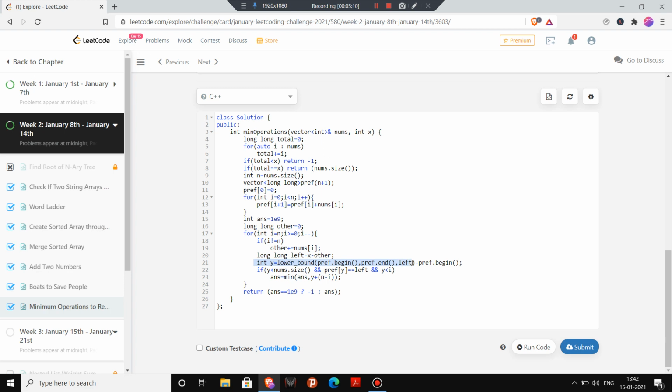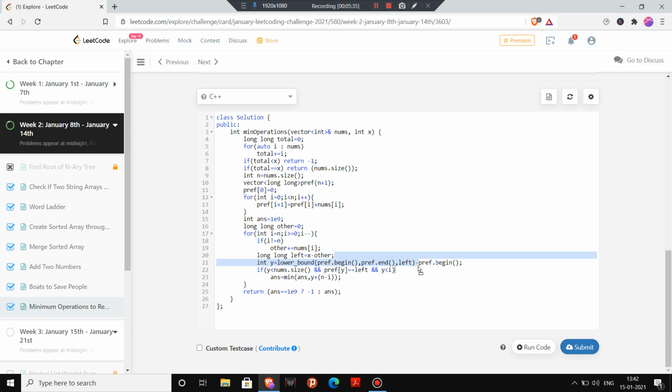Now I will search for the left by using lower bound. So what does our lower bound give us? Lower bound will give us the index or iterator of the element which has the value just equal to x or just greater than x. Okay, and thus I have converted it into the integer by subtracting pref.begin.